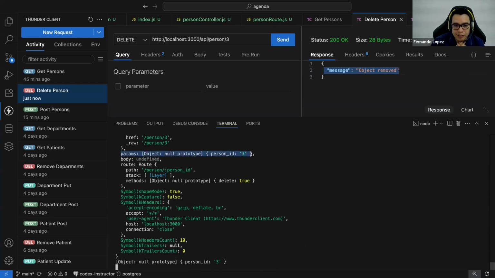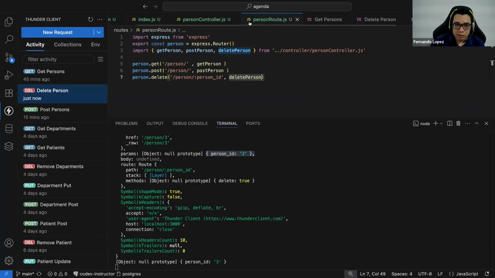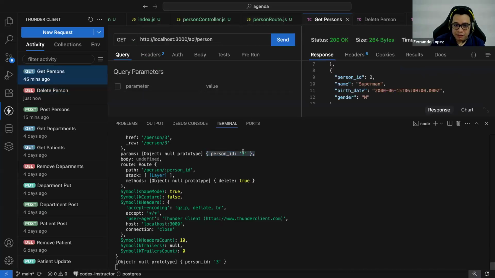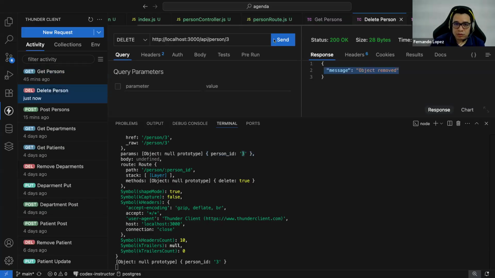But we have the params here, and as you see, inside of the parameters, this is an object, as the body is part of the request. And the content of this params object is just the person ID, that is the one that we set up here, the person ID, and the value that we are passing here. So it was this one. As you see, the value is the value number 3.